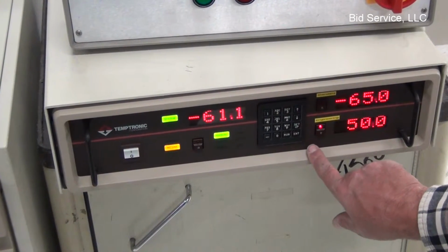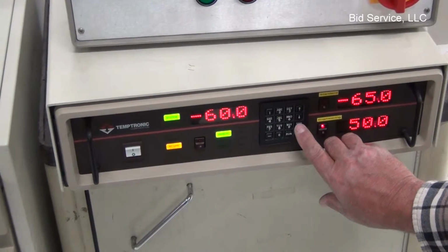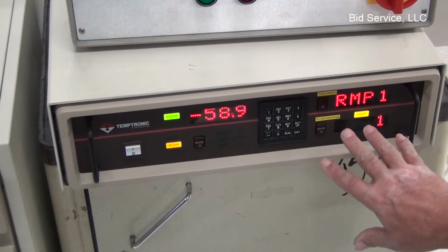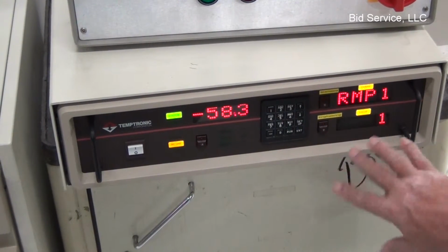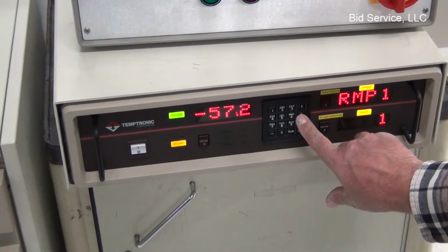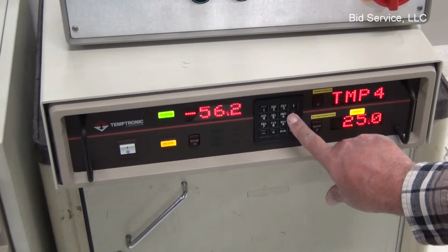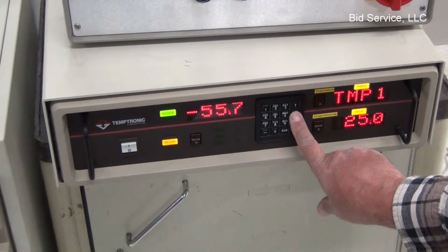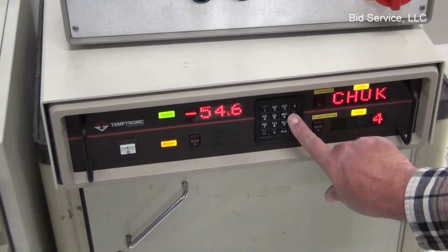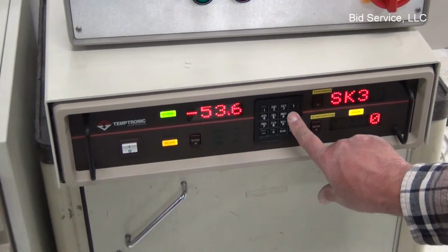If you wanted to go into the automatic mode on this set, you would hit setup twice, and at that point it'll bring you to your last entry, wherever you are. And then using the arrow keys, you can step up and step down through the different parameters that are here. When you get back down to the one that you want to deal with,